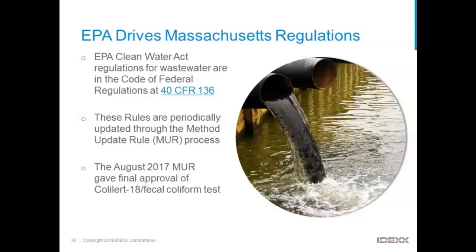And just to quickly mention, there are a few hyperlinks within some of the regulatory slides. So once the presentation is available, if you'd like to review any of the regulations or contact links, you can click on the hyperlinked word that's outlined in blue. And here on this slide, the hyperlink will bring you to view the EPA's Code of Federal Regulations 40 CFR Part 136.